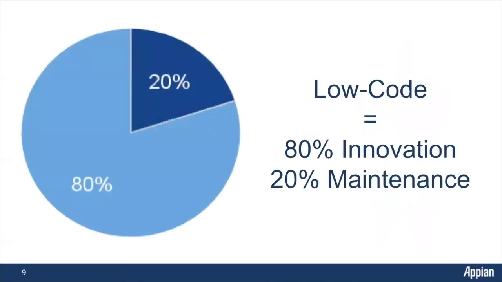So ultimately, what is a low-code platform? You think about a low-code platform as, well, yeah, there's less code. So what does that mean? It's a toy, it's a solution that is just visual drag and drop. And I think it's more than that. It's more than just the visual design paradigm. It's also the idea of reducing the maintenance burden that allows you to focus 80% of your time on innovation, 20% on maintenance. That's not just the visual design concept, but it's also like the Java 7, Java 8 upgrade